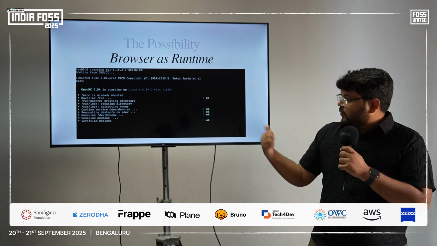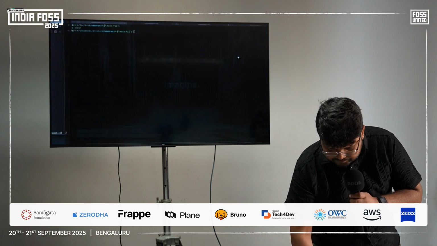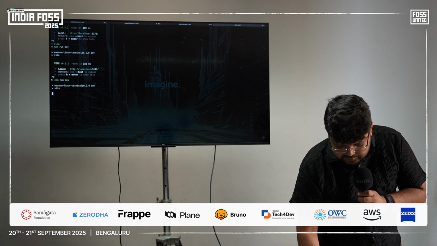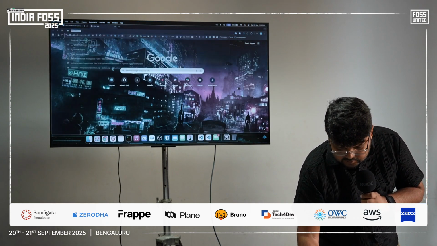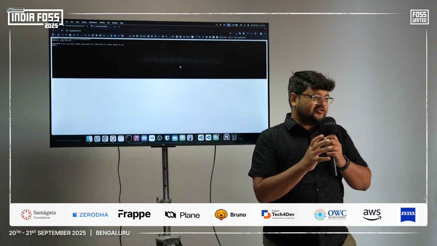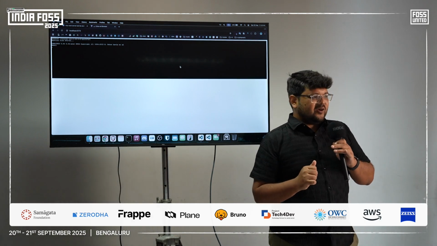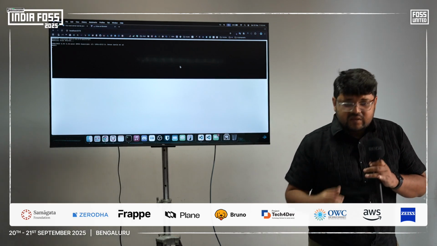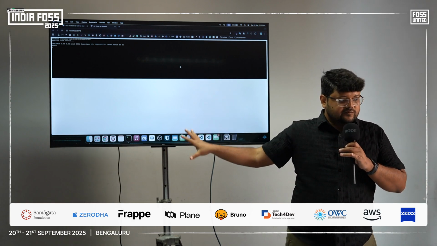So if you want to look at this, it's a dummy project that I made. I can actually show it. So what this does is that this will load an Alpine Linux. Alpine Linux is obviously the smallest Linux distro that you can find. But it's essentially loading on our browser, right? And this is all inside this sandbox WASM VM itself.